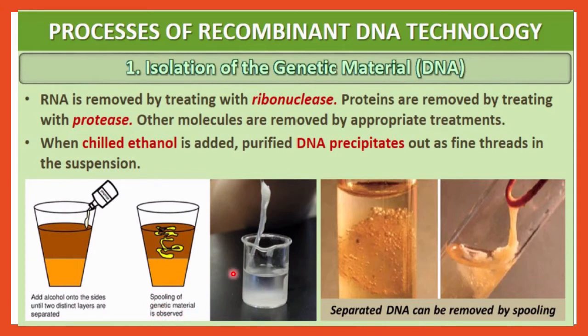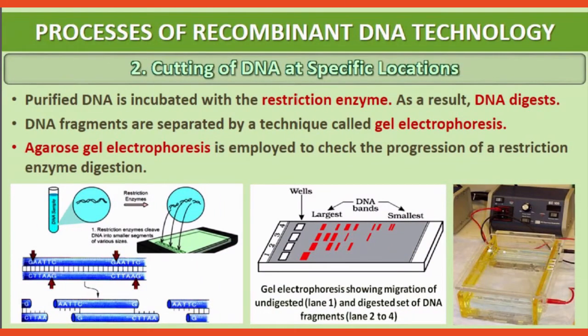Here you can see this is separated. You can see the whitish, thread-like structure, and the separated DNA you can remove by using the spooling method. That means you are removing this thread out of the whole structure, and that is called the spooling method. It means precipitation and removal of that precipitated DNA from the content is called the spooling process. Up to the spooling process, that is indicated as the isolation of DNA, and after